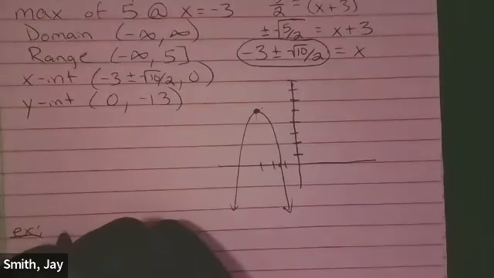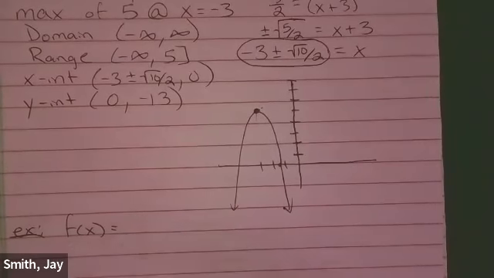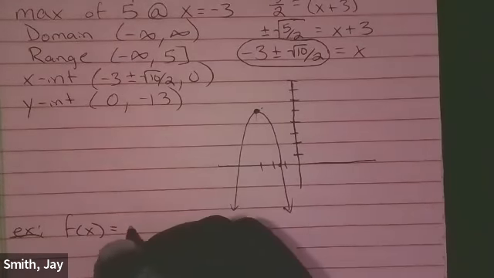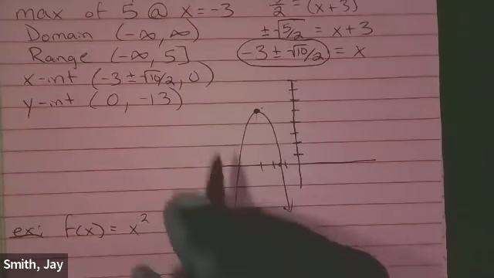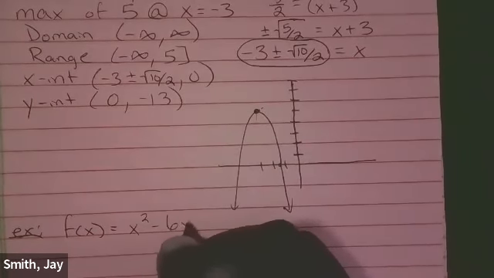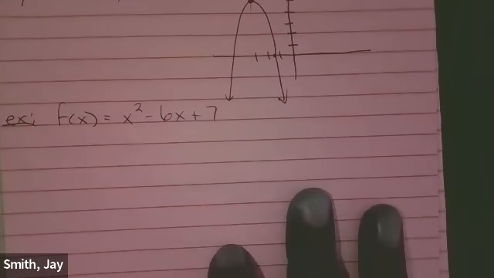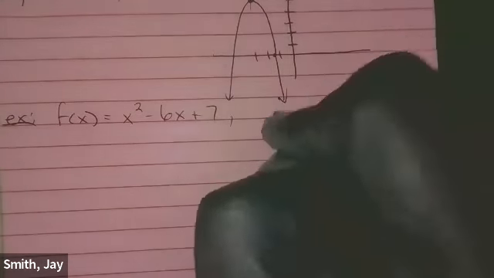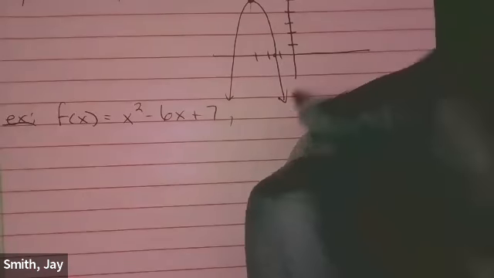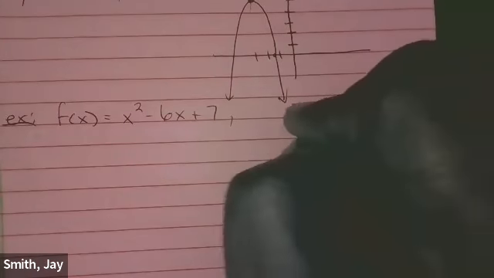So here, more of the same. This time, we have f of x is equal to x squared minus 6x plus 7. Is this a standard or general form? We know it's general because we don't see the parentheses. So we have to use our formula to find the vertex. Remember, the x coordinate is negative b over 2 times a, or in this case,